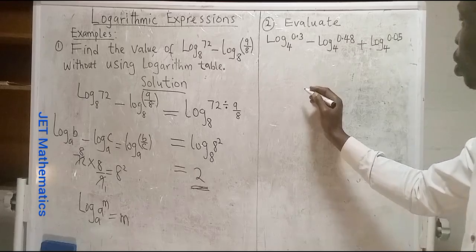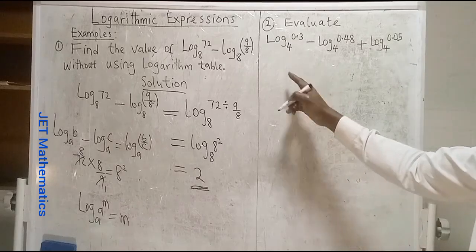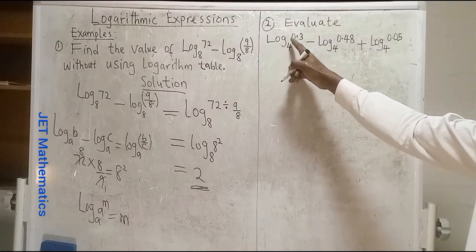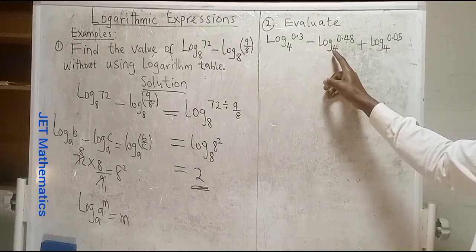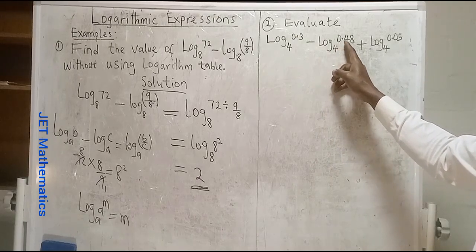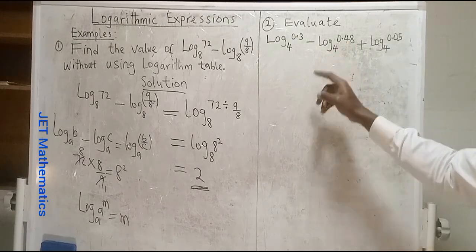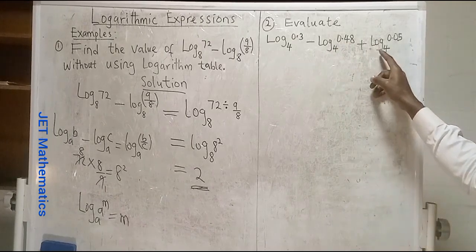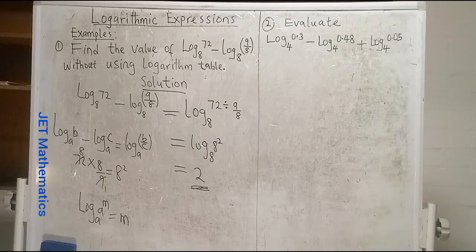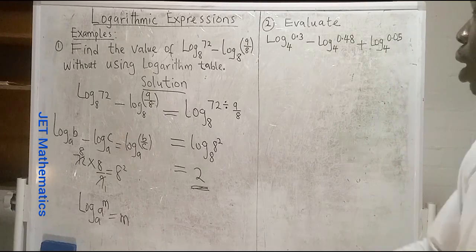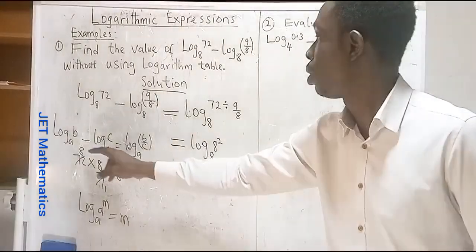So let's quickly see the second example here. Second example is also straightforward. We are asked to evaluate log 0.3 to base 4 and then minus log 0.48 to base 4 plus log 0.55 to base 4. So applying this same law